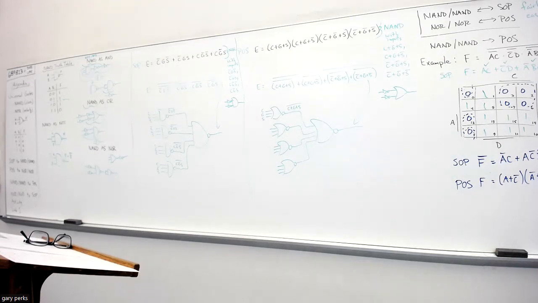So for your lab one, you have 4 inputs, and you're going to have 3 outputs. Like I mentioned last class, after Tuesday's class, you only knew enough to do 2 of the 3 outputs, right? Because at that time, you didn't know about NAND, NAND, and NOR, so all you could do was SOP and POS. But now that you know about NAND, NAND, and NOR, we want you to include a 3rd output,